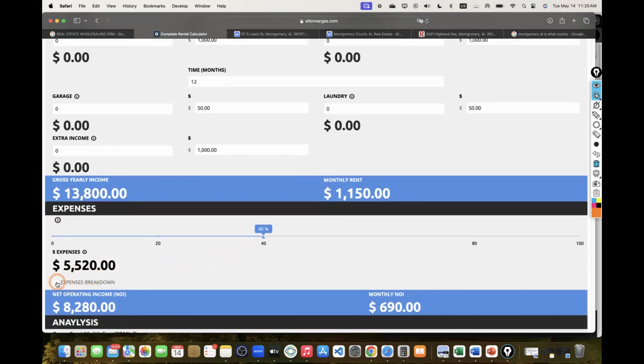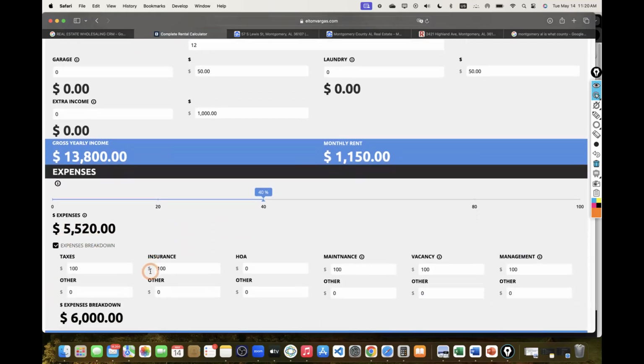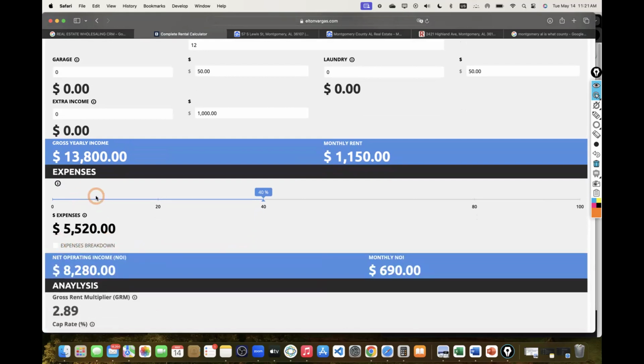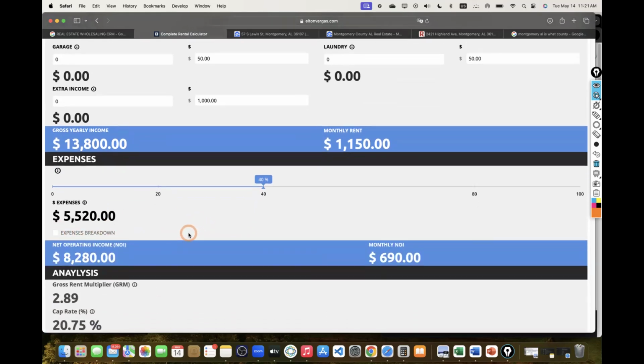Or if I wanted to, I can break down every single dollar. I can reach out to multiple property managers to ask for quotes so I can get an estimate of how much they will charge, maintenance, everything. The property doesn't need a lot of stuff. I don't know what the backyard looks like either. But again, I can break down everything, but I'm just going to play it safe and go based on my expenses percentage for right now, which is about $5,000.